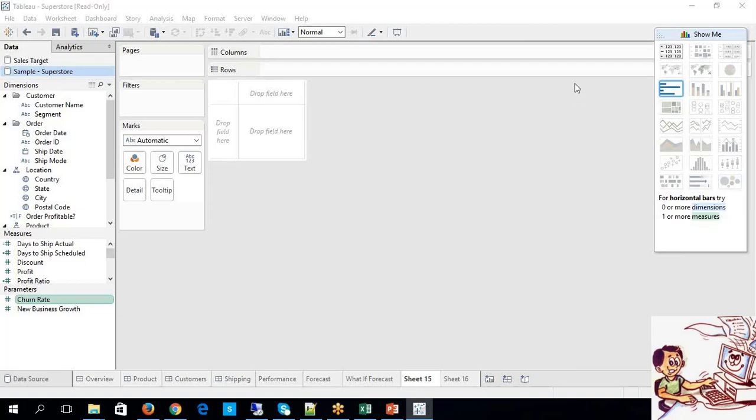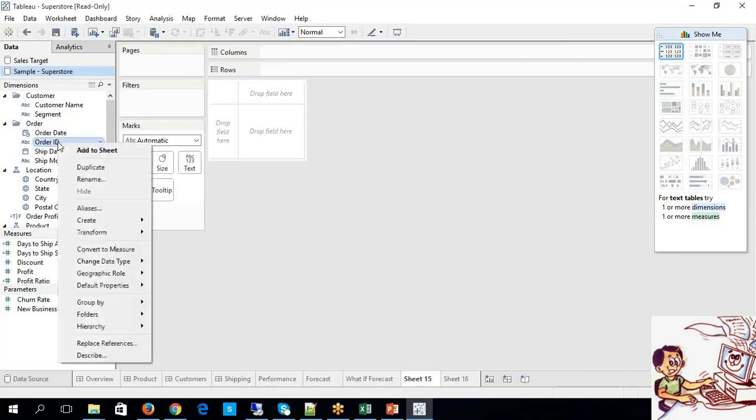Any other questions? Hi Ganesh, Harish here. Yes, Harish, please. This order ID, for example, it is a numbered column, it doesn't have any character kind of thing like ABC or something like that. Does it take a measured value, or in Tableau itself it will make it as a measure?